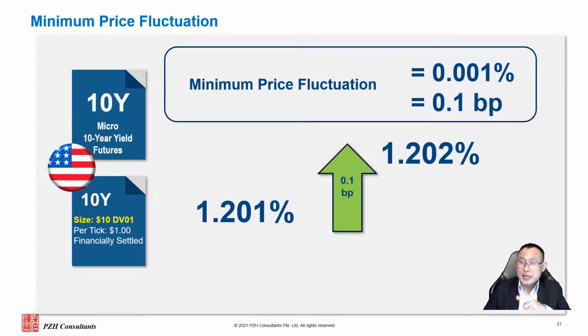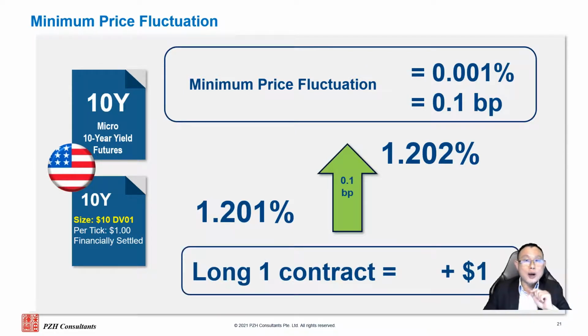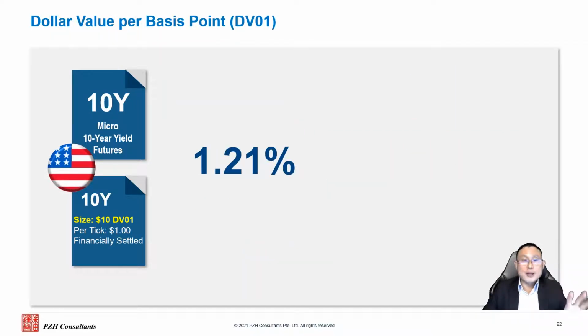So in this particular case, if the interest rate went up by 0.1 basis point, which is the minimum price fluctuation, and you're long one contract, you will have just made $1. It is deliberately designed so that it caters to retail traders and investors like you and me. So I repeat again, the dollar value per basis point, DV01, per contract